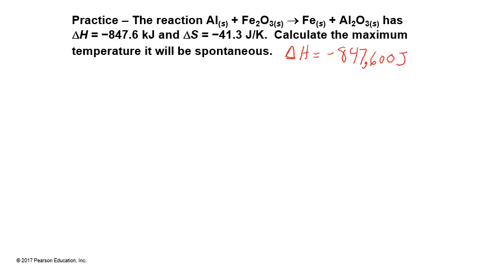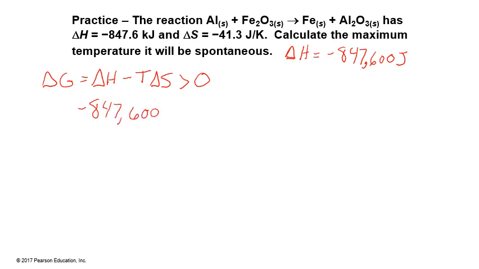So now we can look at our equation for delta G. And we know that for it to be non-spontaneous, delta G has to be a positive value. So we can plug in our values, negative 847,600 joules minus the temperature we're trying to solve for times our entropy,